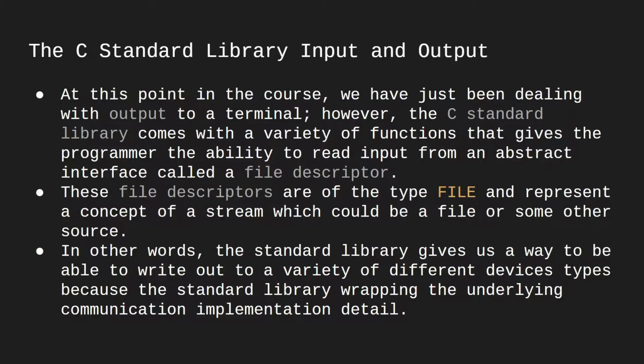Now for our use case, we're just going to be concerned with what we consider these file descriptors. At this point in the course, we've actually been dealing with output just to a particular terminal. However, the C standard library actually gives you something called a file descriptor, which abstracts all of these different output types. So for files, typically we have a file type that is defined inside of the C standard library, and